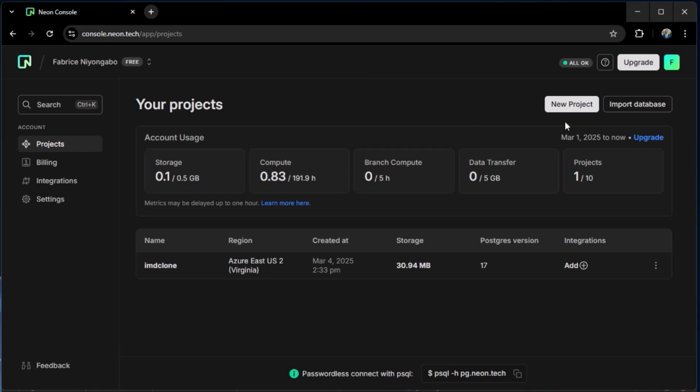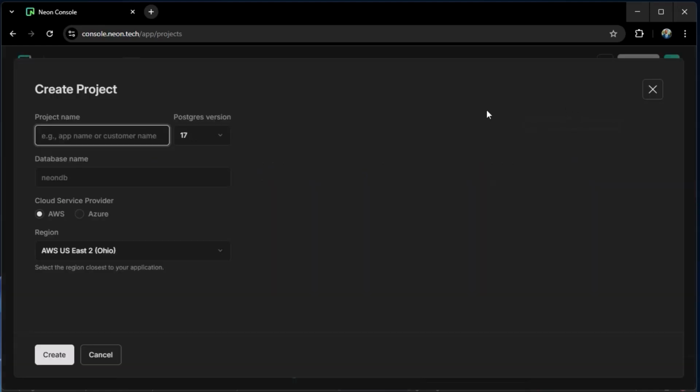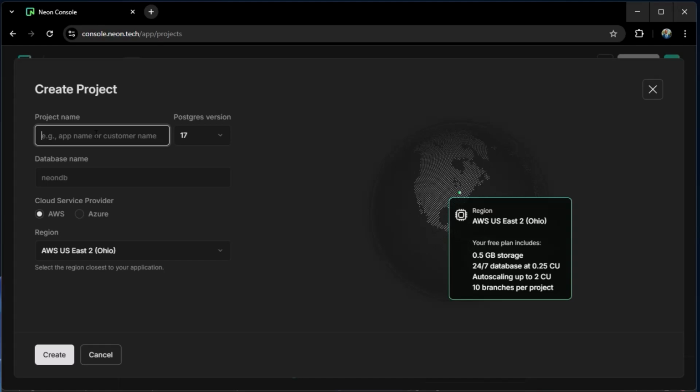Let's hit on the new project button, and here we just need to provide our database project name. So let's call it, for example, Spring Boot Cloud, just like that.